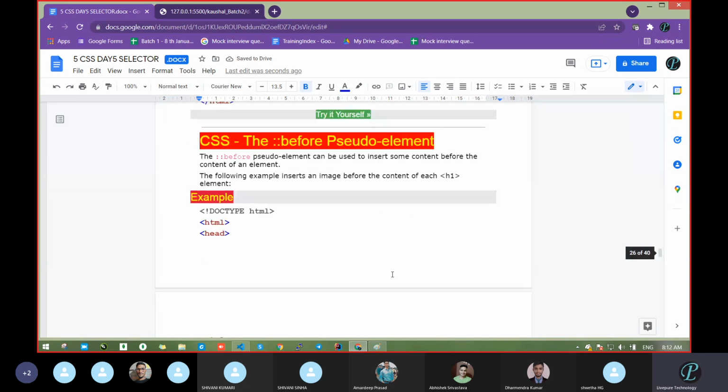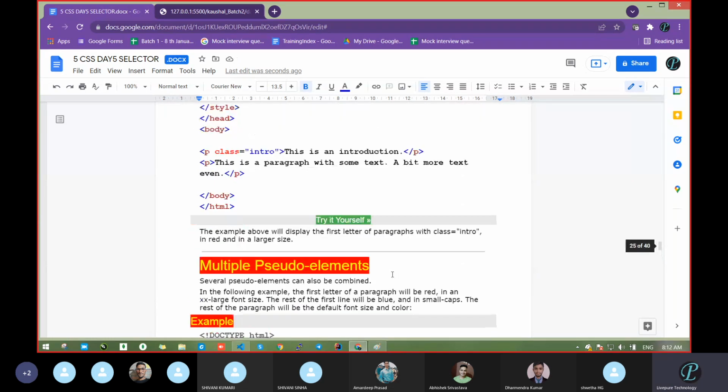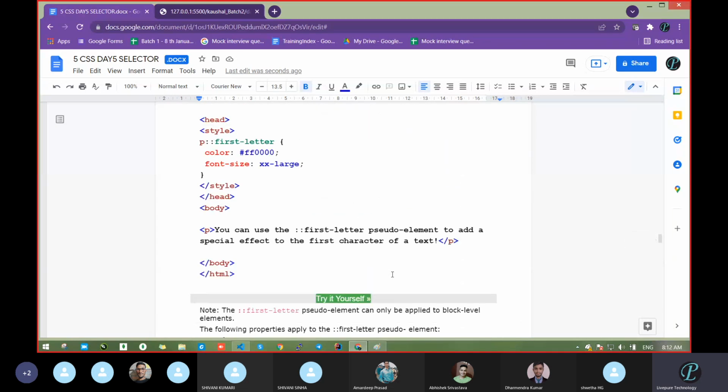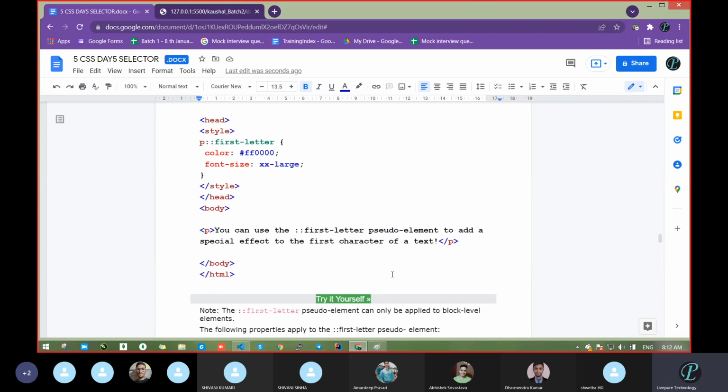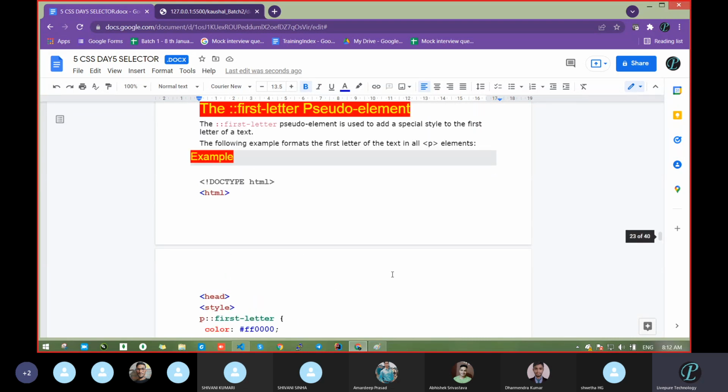Okay, so pseudo class, pseudo element, which one? First letter. Fine. So next, in this, does anyone have any doubt in the case of first letter?